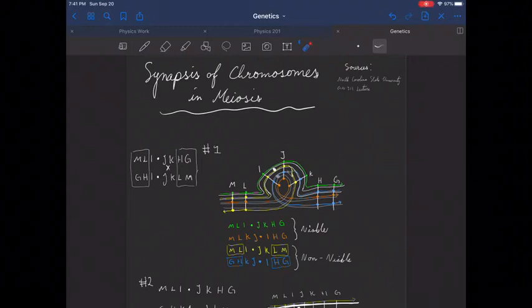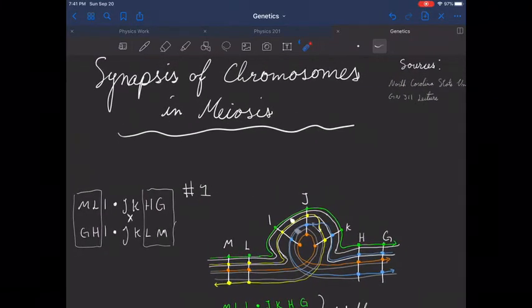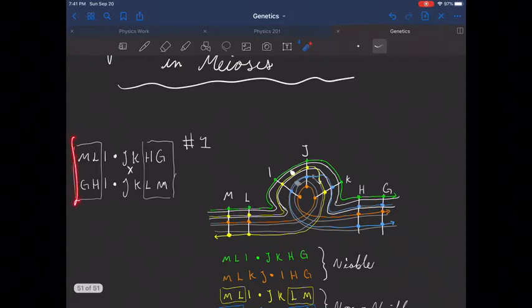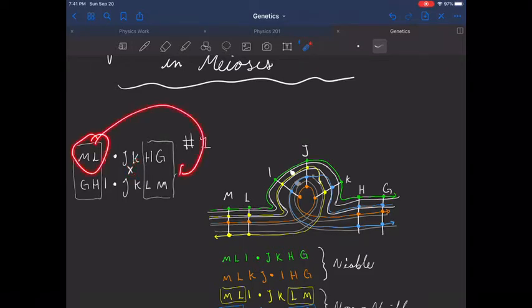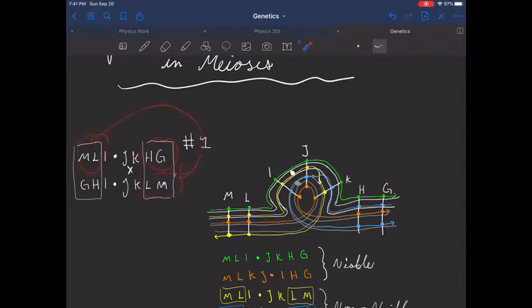Today we're going to look at the synapses of chromosomes and meiosis. First, we're going to look at this example of chromosome number 1, where there's a crossover between the genes J and K, and there's a genetic mutation that switches gene ML to the other side and HG to the other